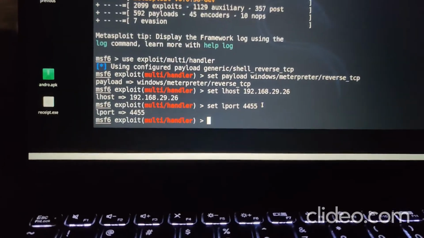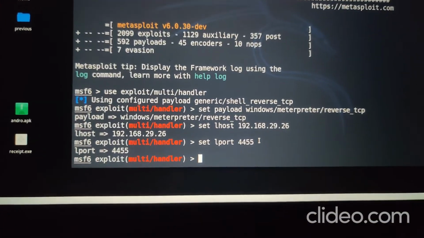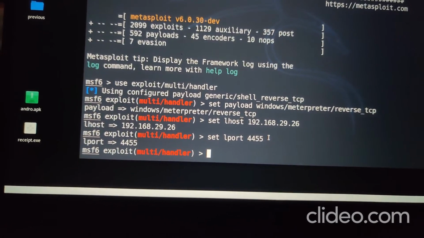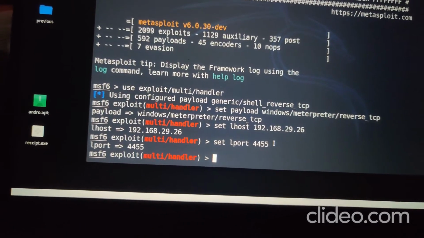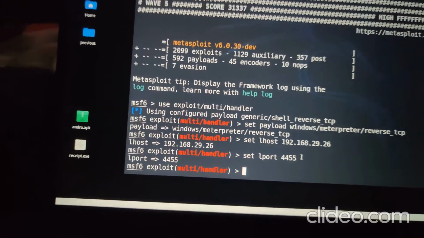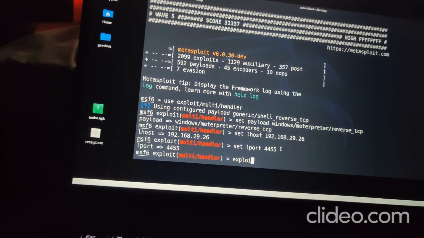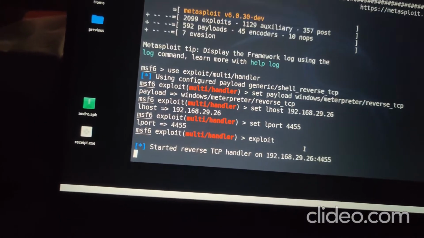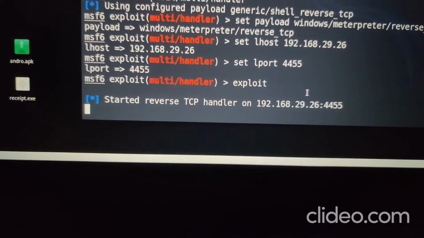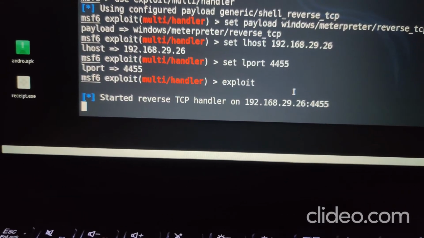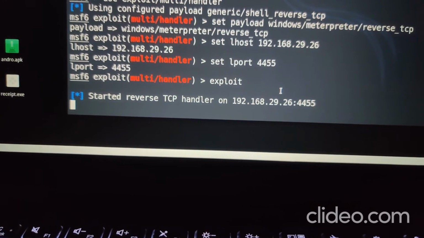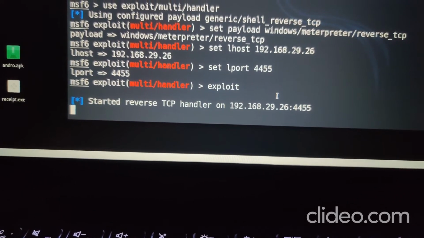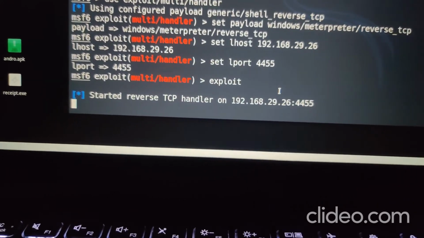For Windows we set our LPORT as 4455, but for Android we set it to 4444. So we are just going to hit the command exploit, and it will start making a connection. As you can see, the reverse TCP handler at 192.162.29.26:4455 is sending signals to this system.